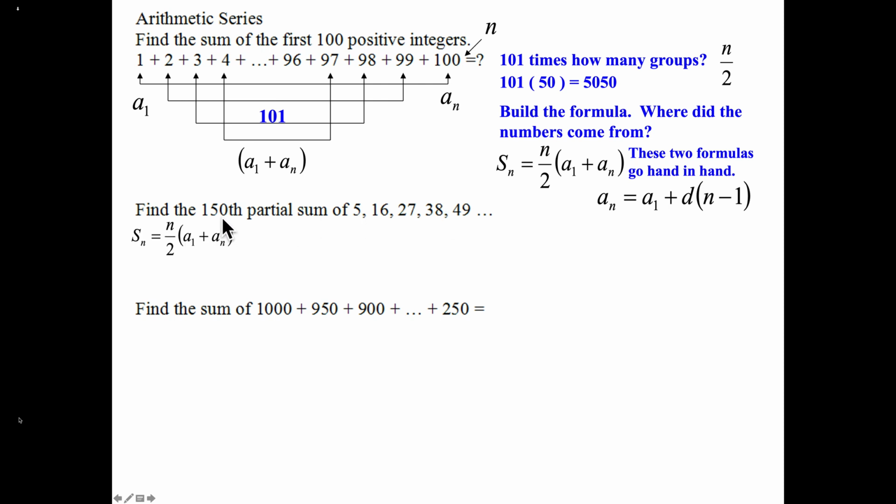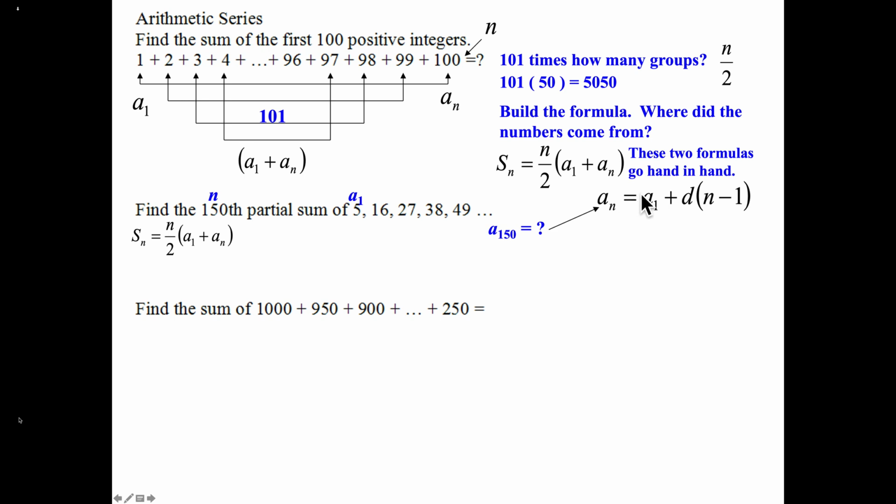Okay, that means the sum of the first 150 terms of this sequence. So we need this formula, S sub n equal to n over 2 times the a sub 1 plus a sub n, where n is going to be your 150, so we'll put 150 there. A sub 1 is 5, we're going to put that there, but we don't know what the 150th term is. We don't know what a sub 150 is. Okay, in comes our sequence formula. A sub 150